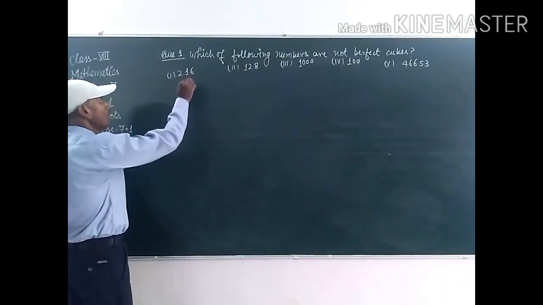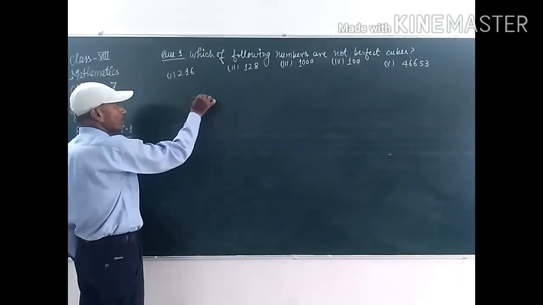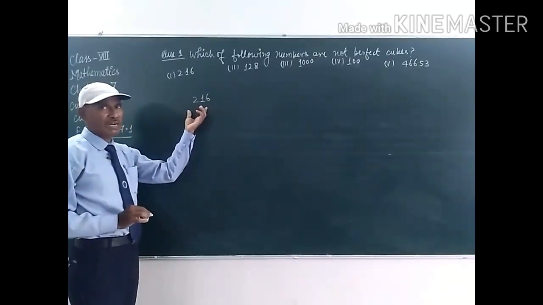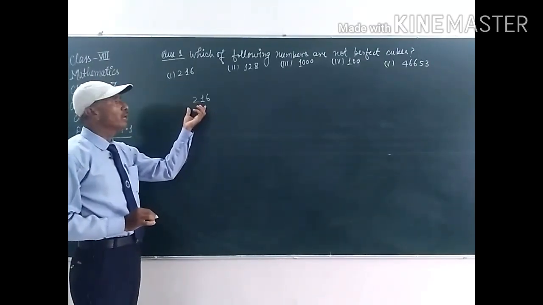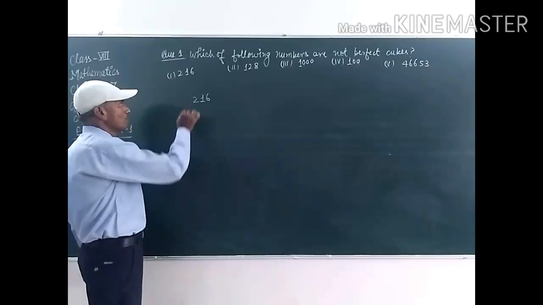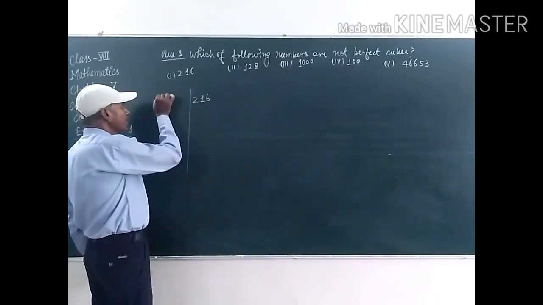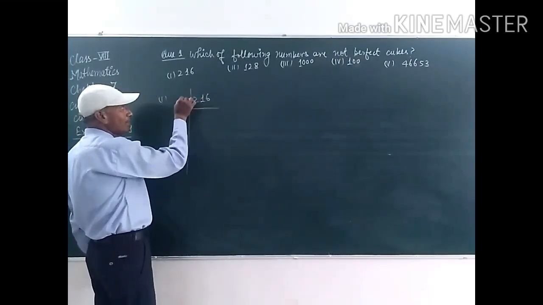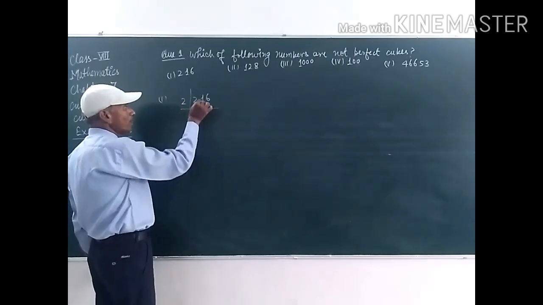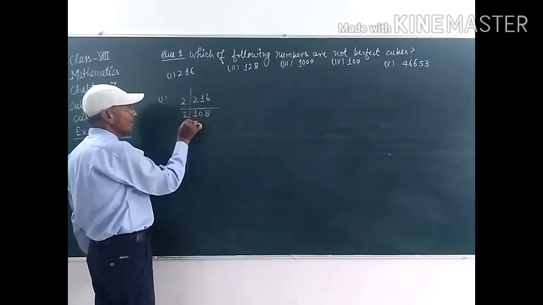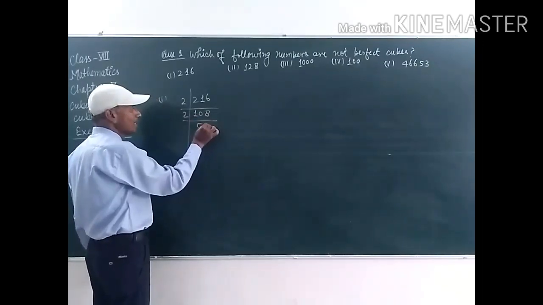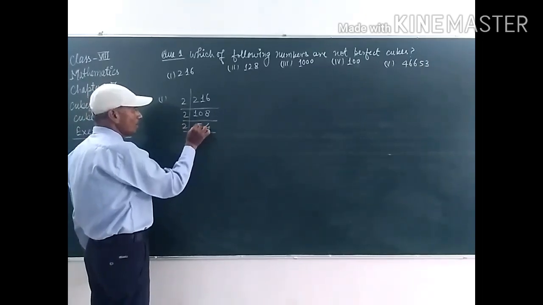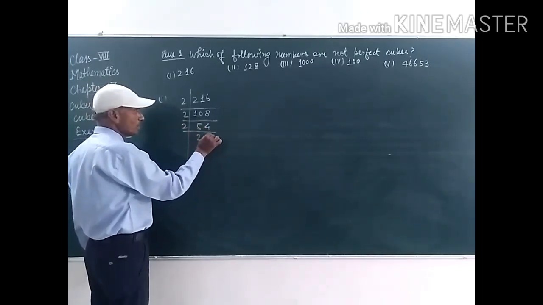So, first of all we have to take this 216, student. We have to check whether this number is a perfect cube or not. So, first of all we have to find out the prime factors of this given number, student. So, find the prime factors of the given number. Divide by 2 because it is an even number. So, 2 ones are 2, now 0; 2 eights are 16; again by 2, 2 fives are 10; 2 fours are 8; and again by 2, 2 twos are 4; 2 sevens are 14.